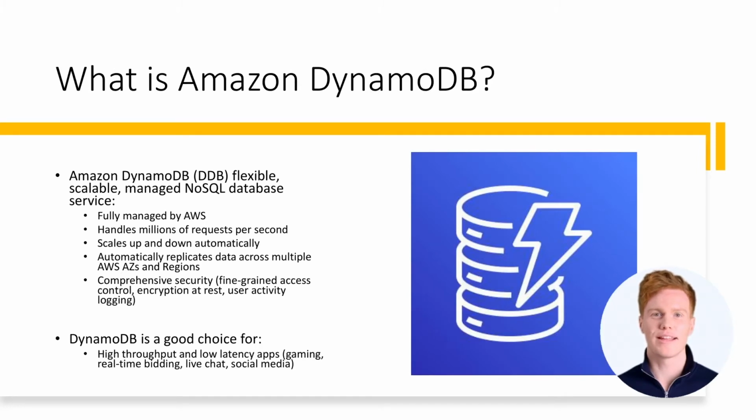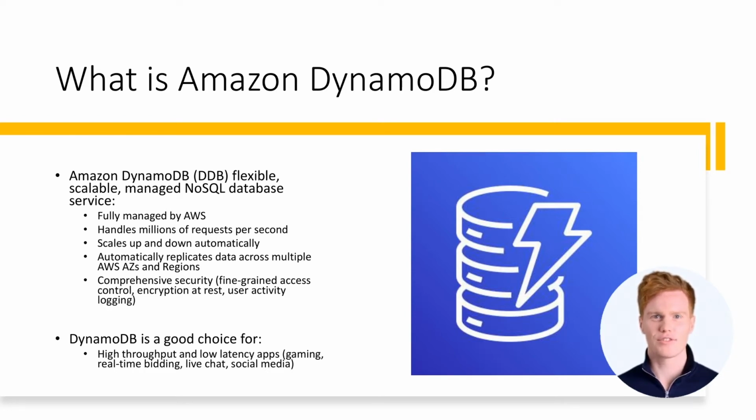Amazon DynamoDB is a flexible, scalable, managed NoSQL database service offered by Amazon Web Services. It supports document and key value store models and has built-in support for popular data types and formats such as CSV, DynamoDB JSON, and Amazon Ion. DynamoDB's key features include automatic scalability, high performance, and low latency. DynamoDB is fully managed by Amazon, making it a good choice for mission-critical applications that require high availability and durability